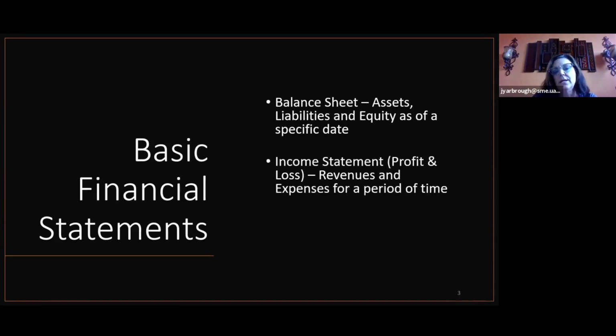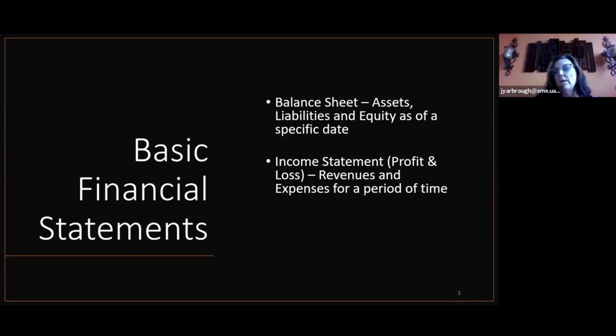Income statement is kind of the formal word. I had to learn that, because small business talks about profit and loss statements when I actually switched into this environment. But they're interchangeable. Income statement is also your profit and loss statement, and it reflects your revenues and expenses for a period of time. So your income statement or your profit and loss is always going to be for the period ended, let's say June 30. Or if you're talking about a future date, it hasn't ended yet, it's always going to be for a period ending.